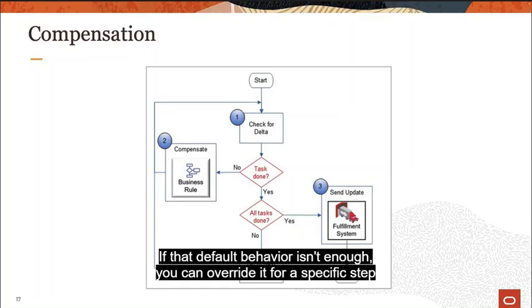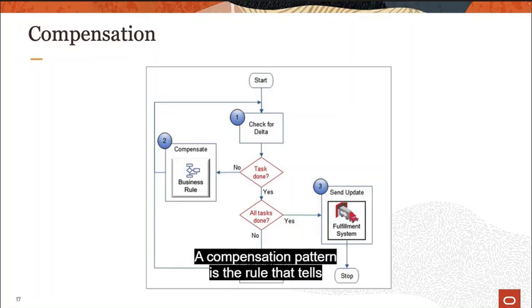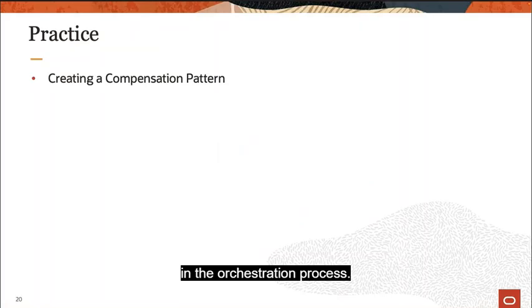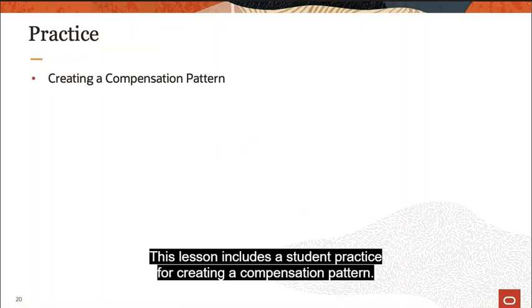If that default behavior isn't enough, you can override it for a specific step by assigning a compensation pattern. A compensation pattern is the rule that tells order management how to handle a change for one specific step in the orchestration process. This lesson includes a student